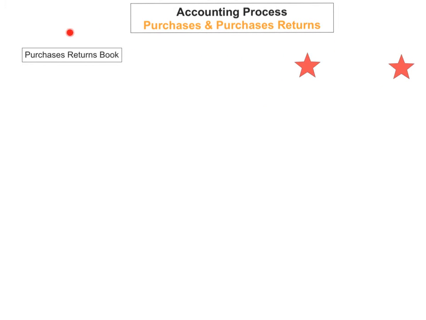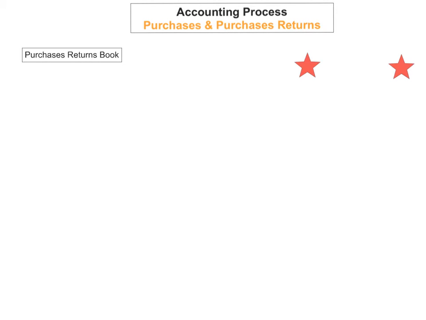Okay, so we've looked at purchases, and we looked at where a business records all the purchases in the purchases day book when they purchase goods from a wholesaler. But what happens when they purchase the goods and then they actually want to return them, maybe to the wholesalers because maybe they're faulty, or maybe they're working on sale and return? Okay, what happens then is that we have to fill out a purchases returns book, and this shows us the